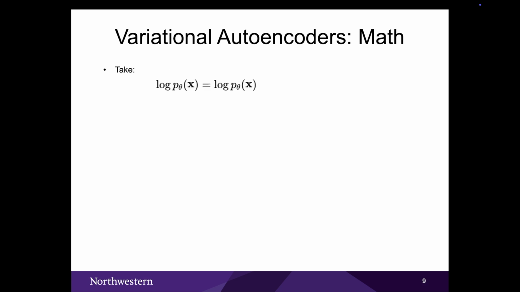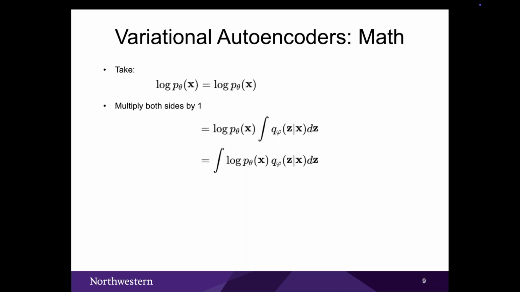If we start by setting the log likelihood of our data equal to itself, we can then multiply both sides by 1, which is equivalent to multiplying the right side by the integral of q, because the integral of any PDF is 1. We can then bring the log into our integral because it doesn't depend on z. And now if we look, this integral is actually the definition of expectation of log p theta x over our